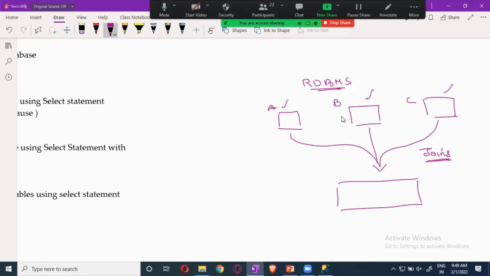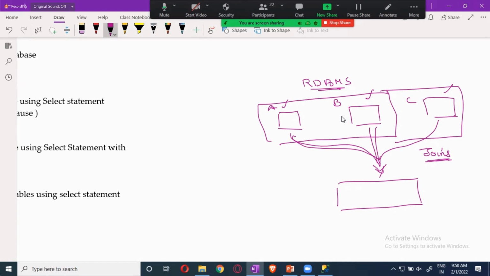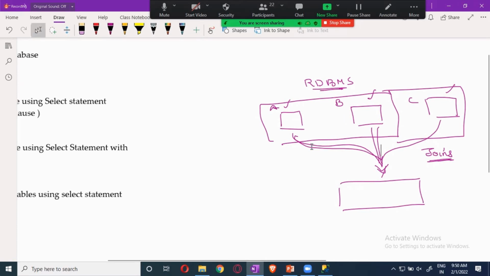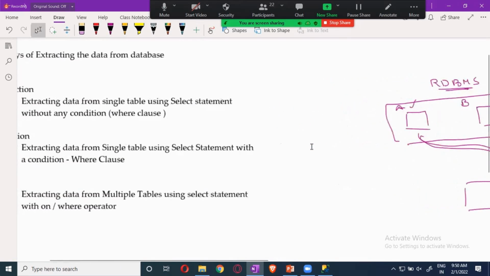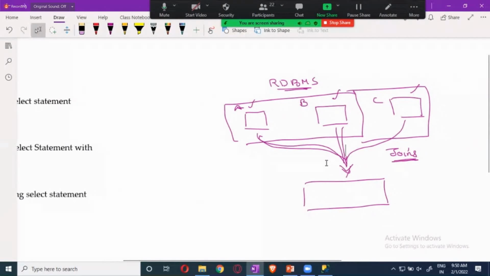This is the way you will be joining two tables, extracting the data from them, and presenting it. More than one table, you can extract it and present it. This is the purpose of joins. There are also set operators that will do the same thing.